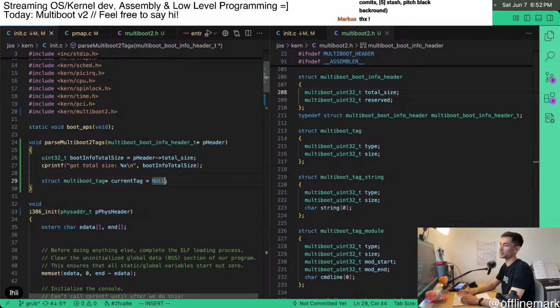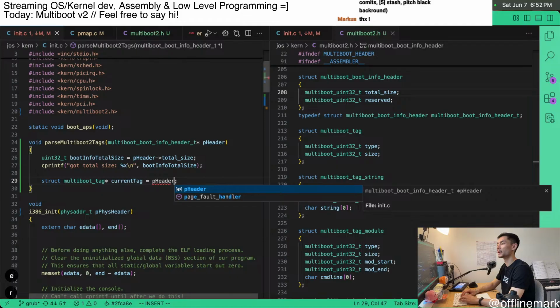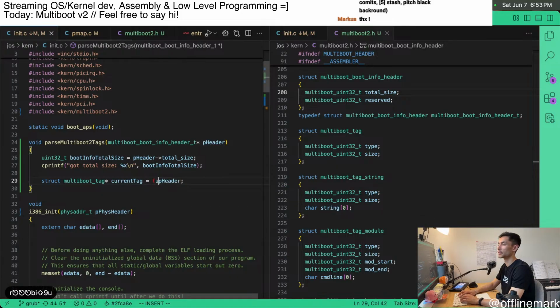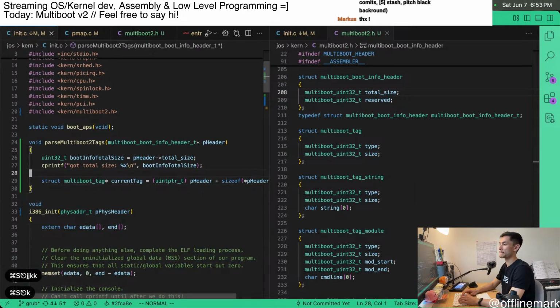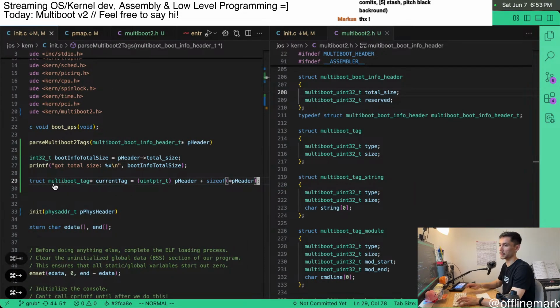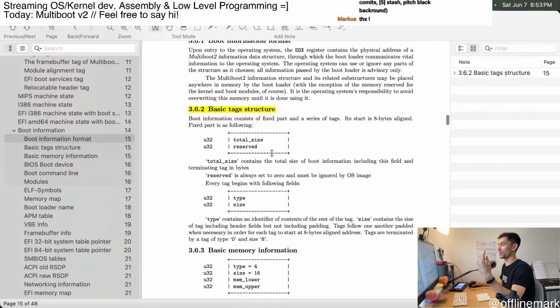And actually it's going to point to p header plus sizeof p header. So I'm just doing this based off of the description here. It says boot information consists of a fixed part and then tags. So we had the fixed part. Fixed part is super simple. It's just 2 things, total size and reserved. And then